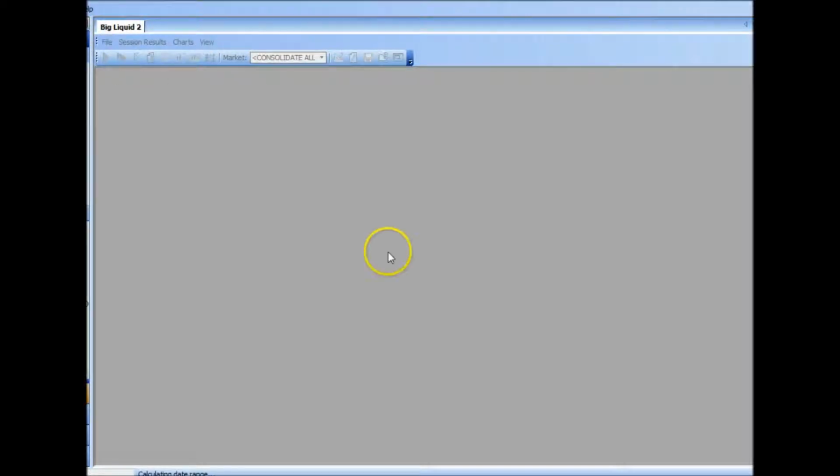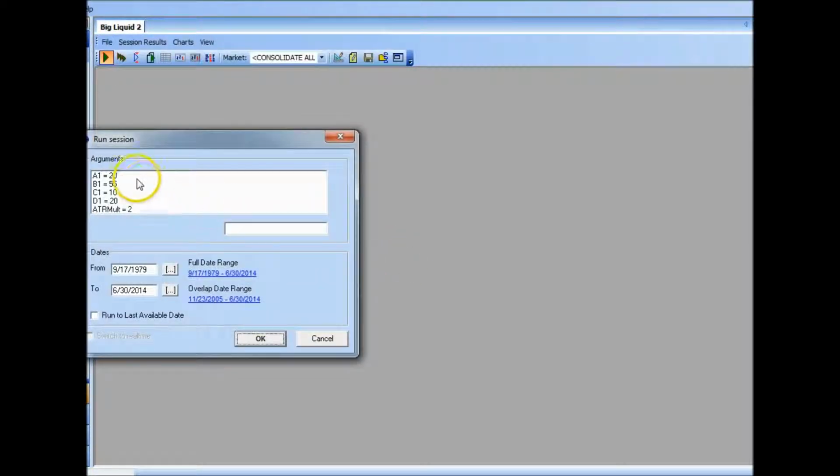And now we'll just go ahead and click on that. So A1 is our 20-day breakout, B1 is our 55-day, C1 would be our 10-day exit if we use Turtle System 1, and D1 would be our 20-day exit if we're going to use System 2. And again, we'll use the 2N hard stop for losing trades when we're not stopped out using a trailing stop. So we'll go ahead and click OK, and we'll test this going back